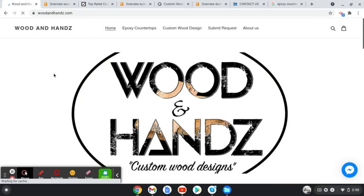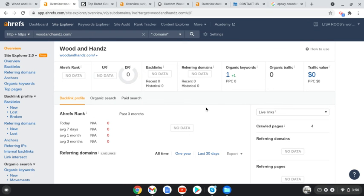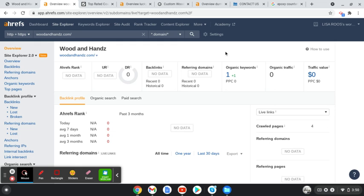Okay, so let's look at the last topic. I covered your on-site and your content on your website that ties into your search engine optimization, or SEO. Then we talked about the Google My Business. So now I'm going to show you the background information to your website and why it's important for the first two. So this is Ahrefs, a